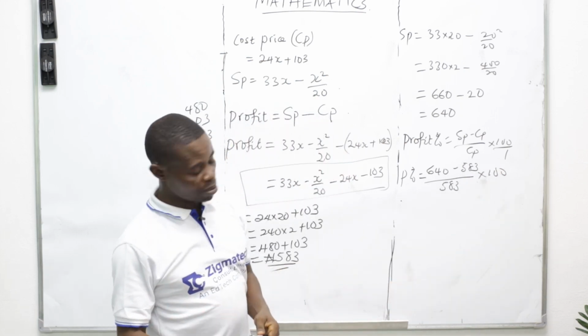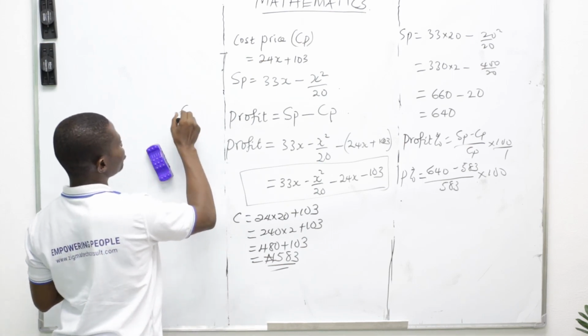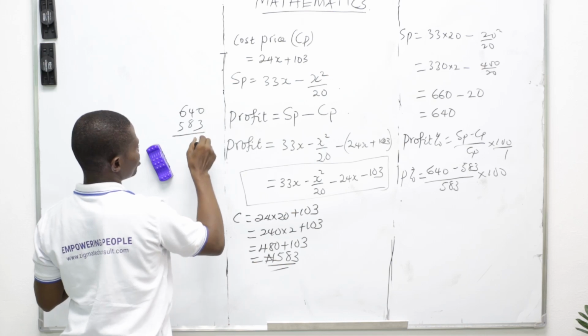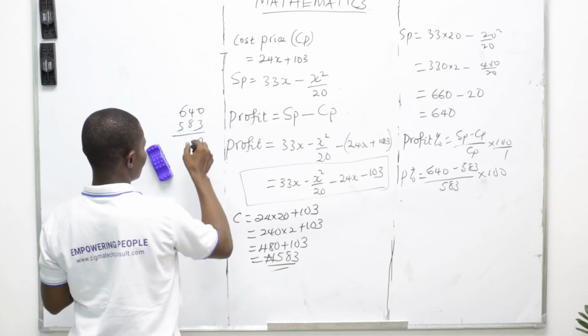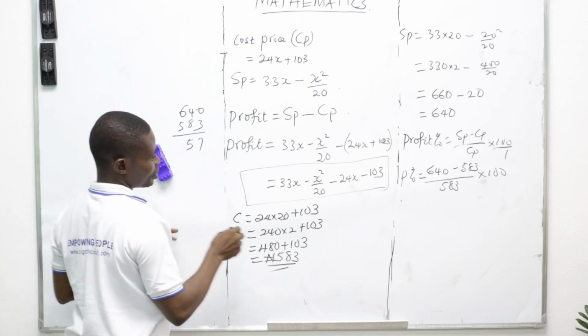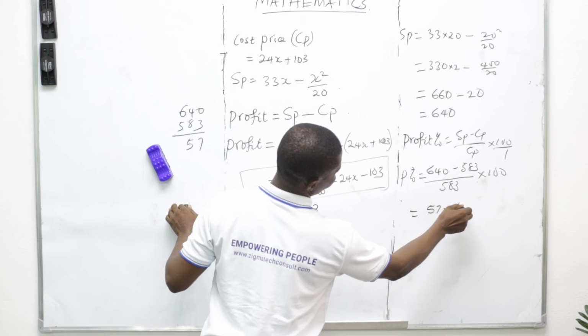So 640 minus 583, let's subtract. This is 7, 3 here, well this 13, 13 minus this is 5. That's 57. I will have 57 times 100 all over